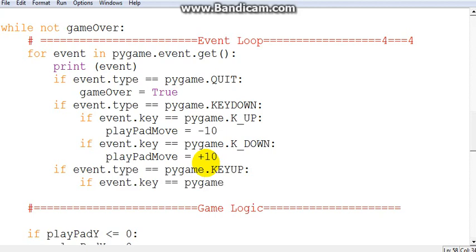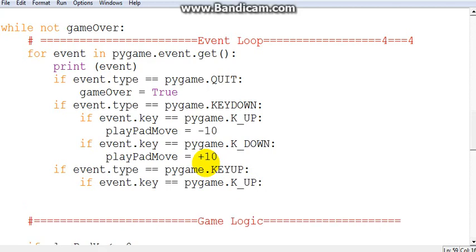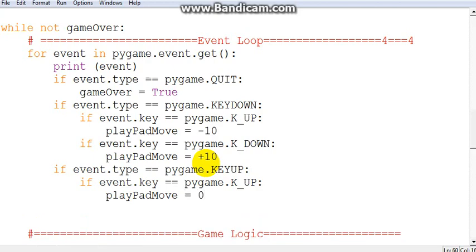Then if again the event.key is equal to pygame.K_UP, so if we release the up arrow key, then the playpad move should be 0,